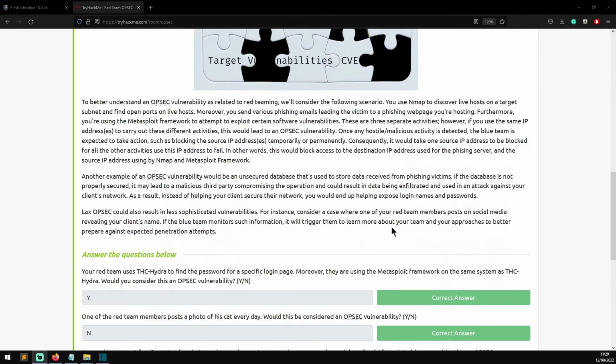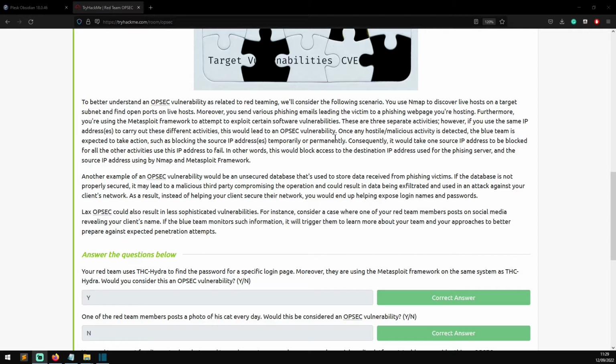To better understand an OPSEC vulnerability as relating to red teaming, we'll consider the following scenario. You use Nmap to discover live hosts on a target subnet and find open ports on the live hosts. Moreover, you send various phishing emails leading the victim to phishing websites you are hosting. Furthermore, you are using the Metasploit framework to attempt to exploit certain software vulnerabilities. These are three separate activities. However, if you use the same IP address to carry out these different activities, this would lead to an OPSEC